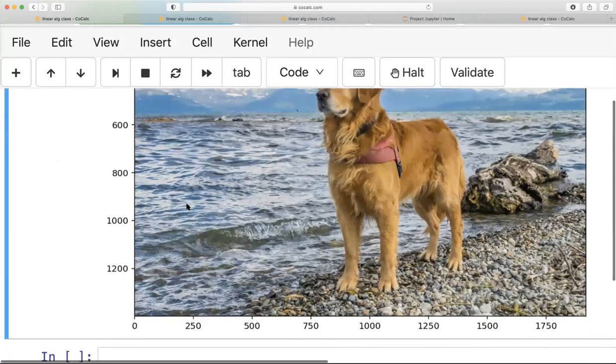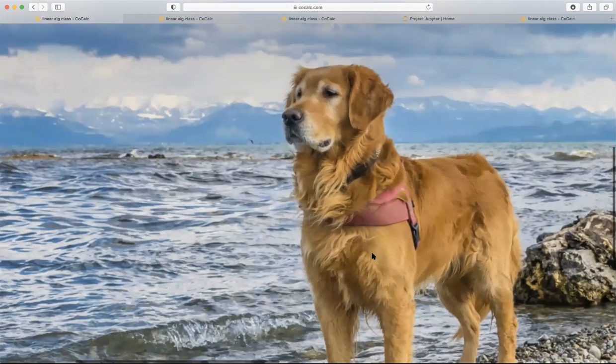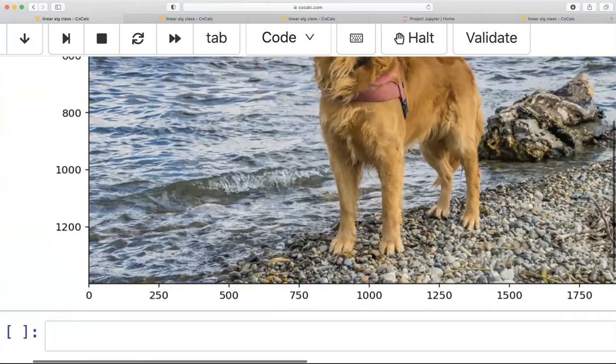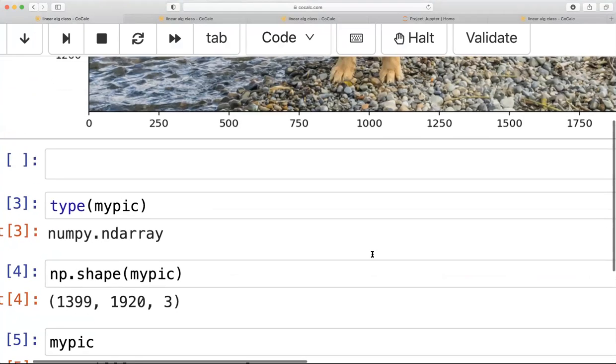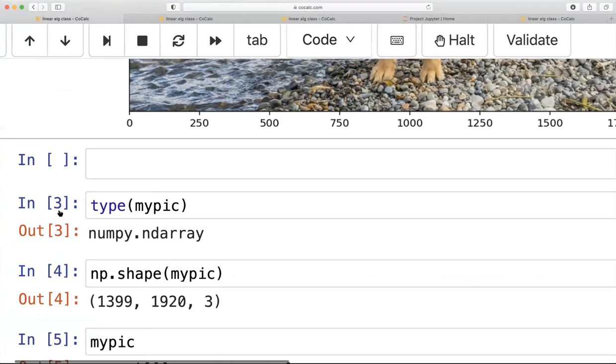And again, I've already hit run before, and here we see this picture that we're going to compress to varying degrees. That's a picture I found on the internet, not, unfortunately, my dog. So then what kind of object is this mypic? Well, I type in mypic,